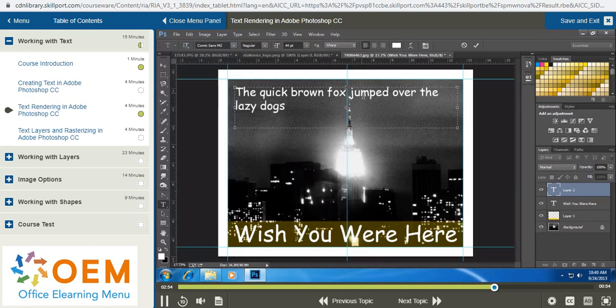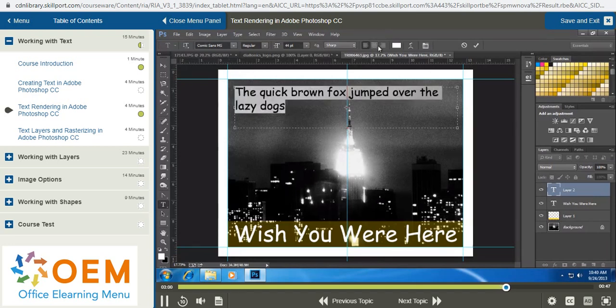So basically, we can create entire paragraphs of text, which is really useful in Photoshop. And again, you can go ahead and highlight all that and center